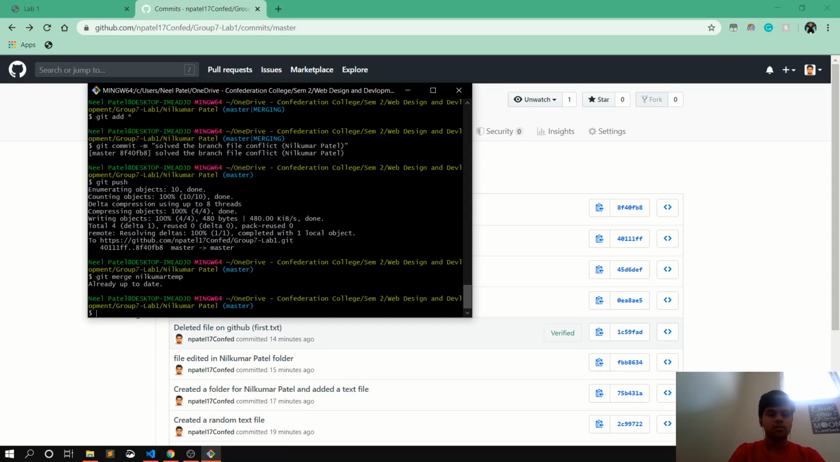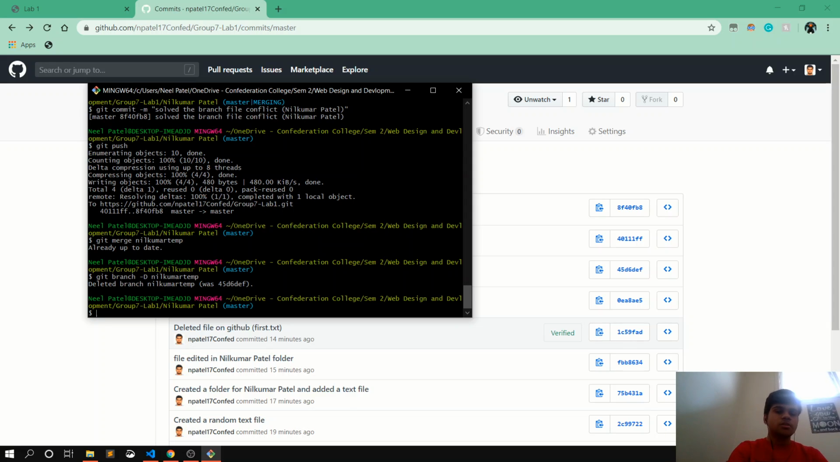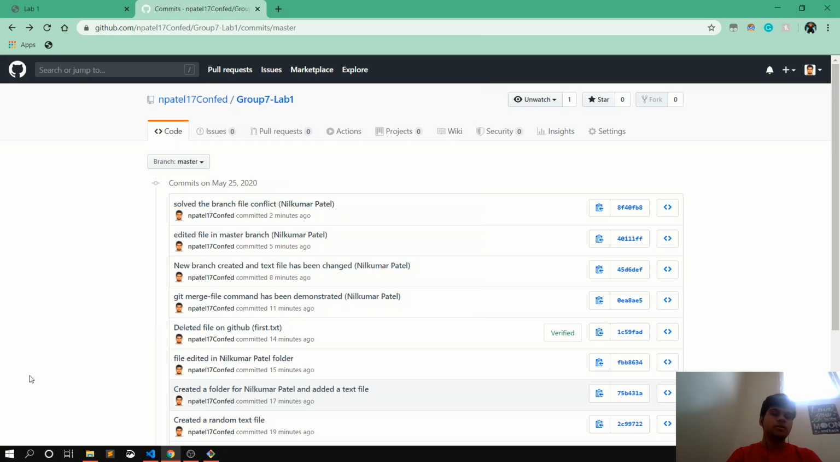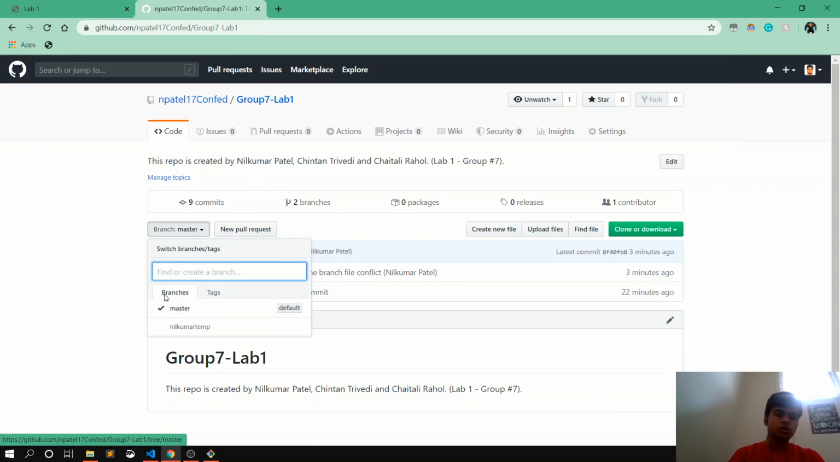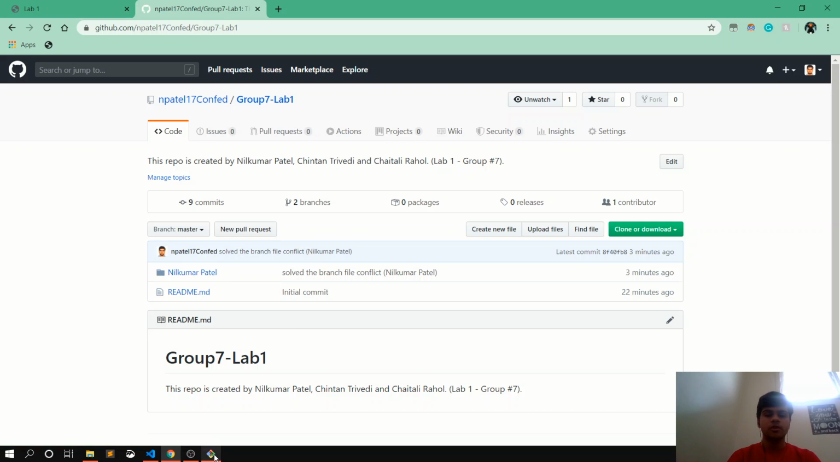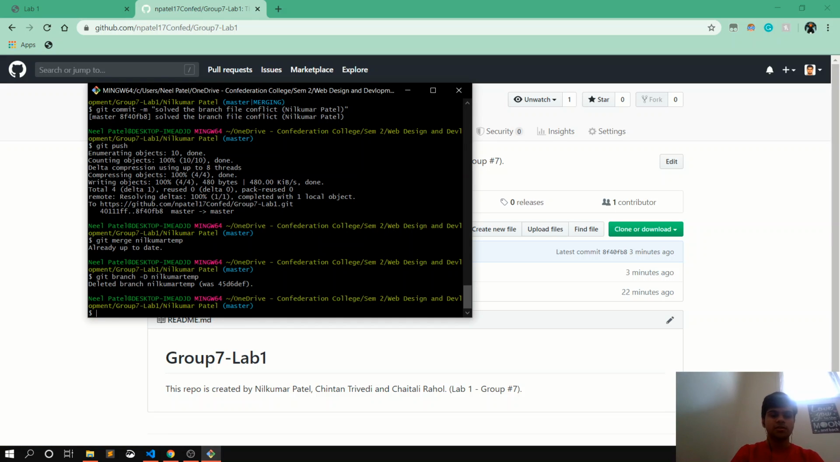And now I'll just demonstrate how to delete a branch that we created. So I'll just write git branch, and this is the flag that we can use to delete a branch. Git branch -d nilkumartemp. This has deleted the branch nilkumartemp, but if we refresh the page here, both of the branches are showing up because we did not push the delete change to the server yet. And we can do that using git push